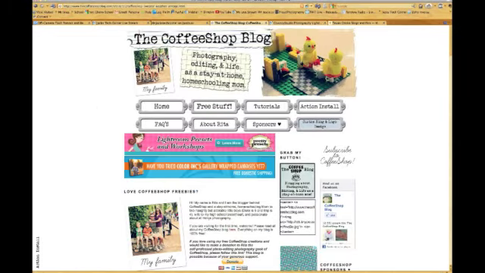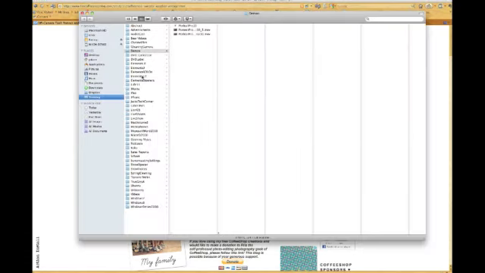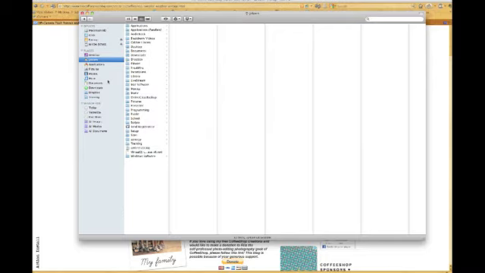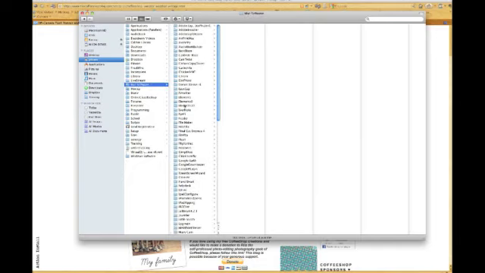Now if we open it up, we're going to click on my downloads, where I download them to. And just like I said, make a folder so you always know where you're downloading your actual actions to, or your textures. So mine is under Mac software, because it's on the Mac, and Elements, and then I made one called Actions and one called Textures. So we're going to go to Actions,